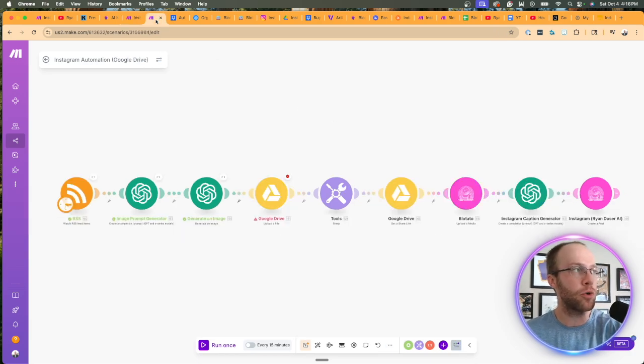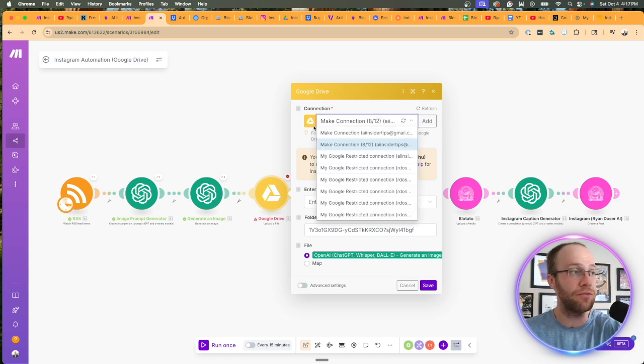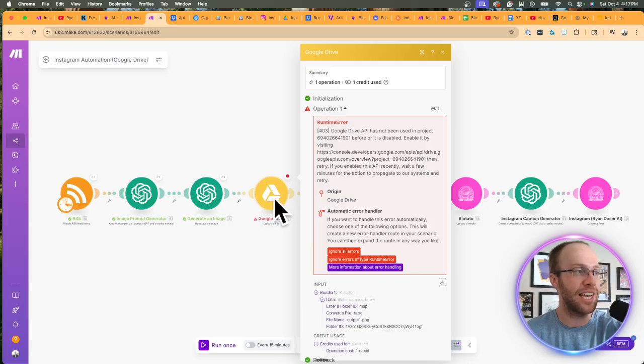And so the obvious first question would be, well, Ryan, why don't we just use Google Drive? Well, you could use other file storage solutions as well, but that's probably the first question that a lot of you are thinking: why would I pay for Dropbox when I can use a cloud storage solution like Google Drive for free? Well, here's the problem with that. When I tried to do this, I don't know what it is with make.com and Gmail and Google Drive and these Google integrations, but it is such a pain to not only integrate your Google Drive account. I've done that successfully, but once I tried to set this up with the exact same automation with GPT Image 1, I kept getting this error about a Google Drive API that is not set up correctly, something about going to